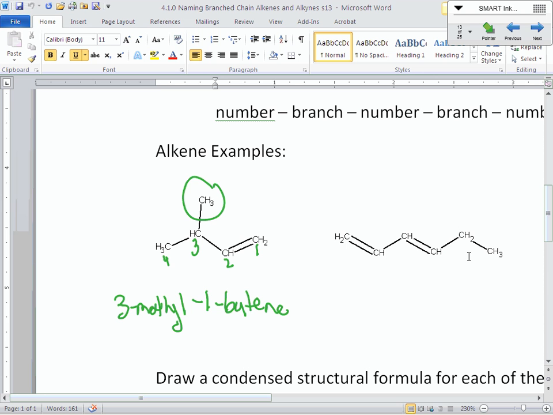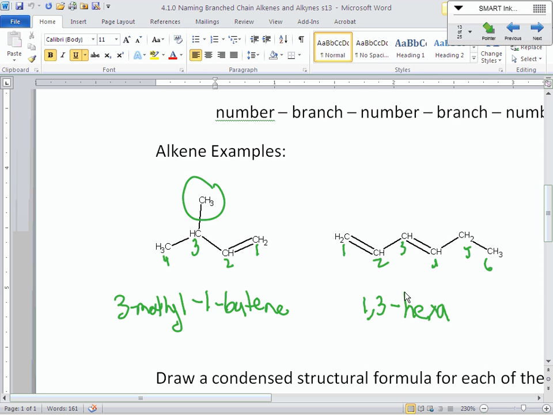Here we don't have any branches. Nothing to worry about for branches, but we've got 2 double bonds. Again, we need to number because we need to position those 2 double bonds. This is a 1, 2, 3, 4, 5, 6. All right? Now, it's a hexene, but it has a double bond after the first carbon and a double bond after the third carbon. So this is a 1, 3 dash